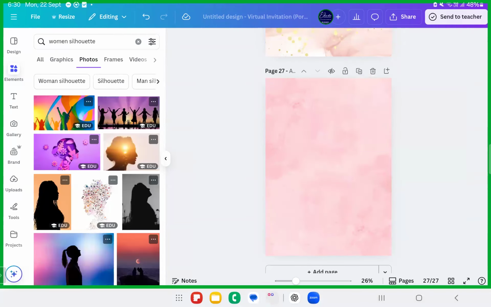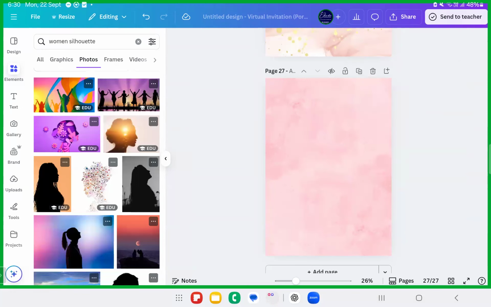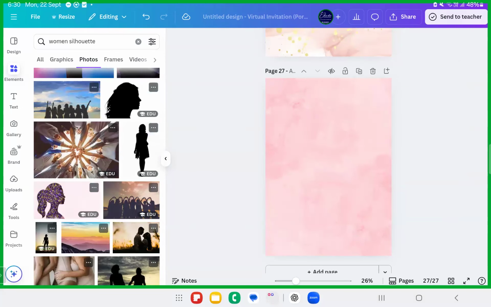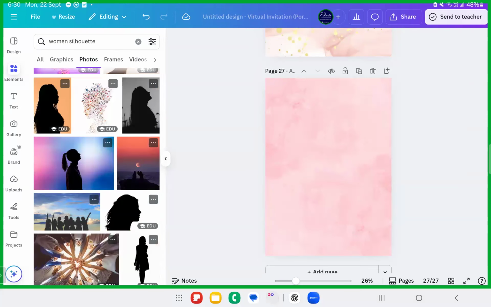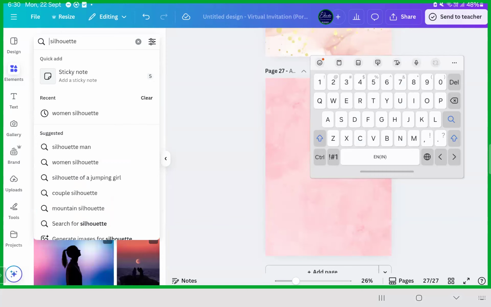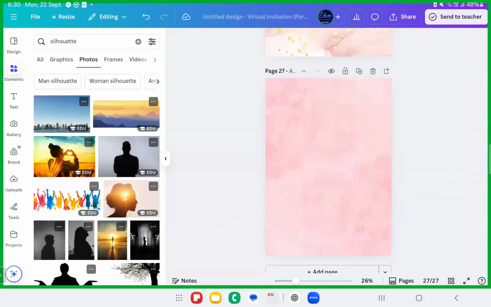Okay, silhouette of a woman. Make sure that it is Islamic, more Islamic. Fine. So make sure whatever you're using is a silhouette. It is actually the shadow look. Silhouettes are the shadow look. Fine. Okay. The next thing is